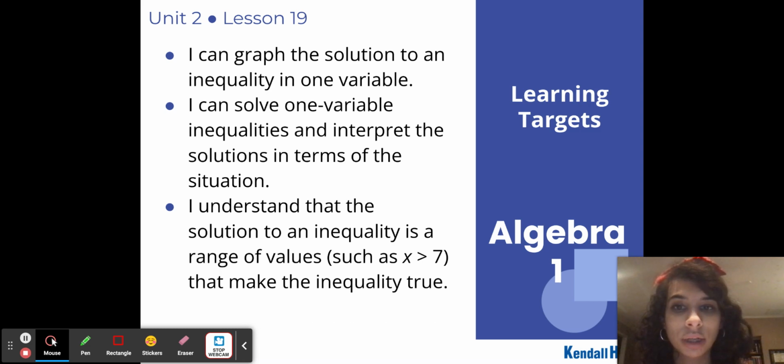And so all of our learning targets here, right? You can graph the solution to an inequality in one variable. You can solve it and interpret the solution in the situation. And you understand that the solution to the inequality is a range of values. Remember, with inequalities, we have more than one solution. Think about y is less than 9.2, which we saw in the very beginning. There are so many numbers that are solutions to that inequality. So we have more than one solution when we are dealing with inequalities, instead of equations where we have